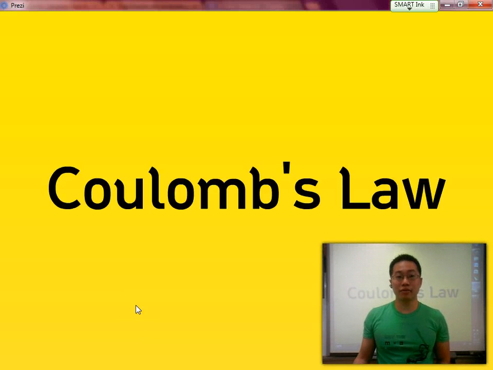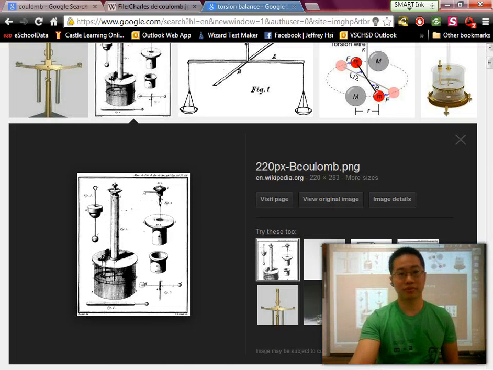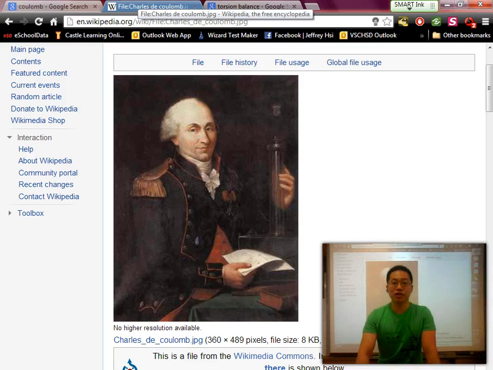Today is the second part of our electrostatics lesson, which is about Coulomb's law. So, who was Charles de Coulomb? What did he discover? Well, basically, first here's a nice picture of Charles de Coulomb from Wikipedia. He was a French scientist who lived in the 1700s,